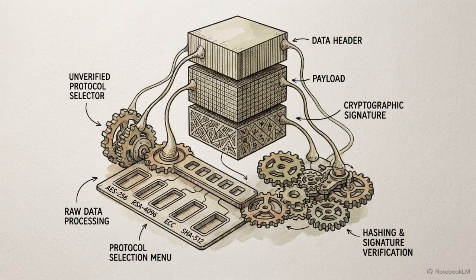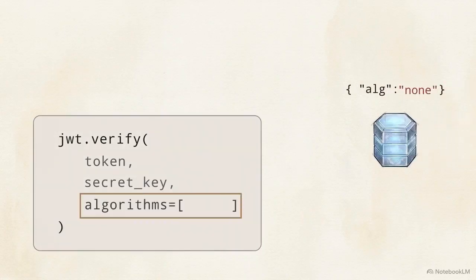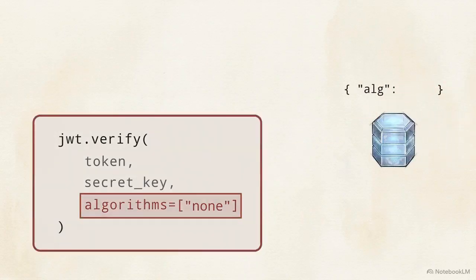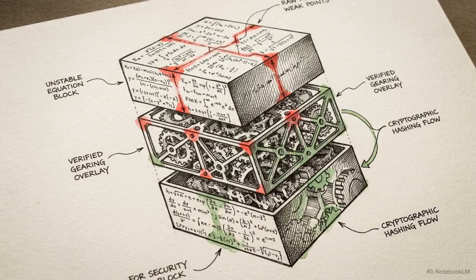To accommodate different security requirements, the JWT specification employs cryptographic agility. This allows the protocol to support multiple interchangeable algorithms for creating and verifying signatures, depending on the environment. When developers implement this agility without strict constraints, they leave the verification logic open to manipulation. Attackers can hijack the authentication process without needing a password or a leaked secret. We are going to analyze exactly how these cryptographic tokens are mathematically compromised and how to architect a genuinely secure